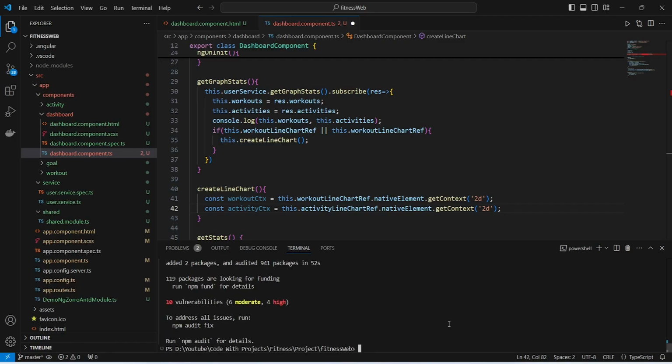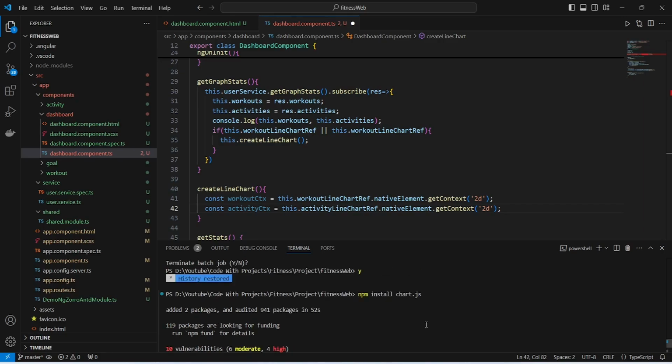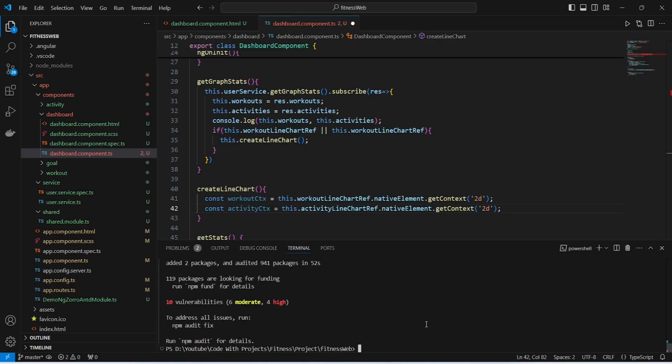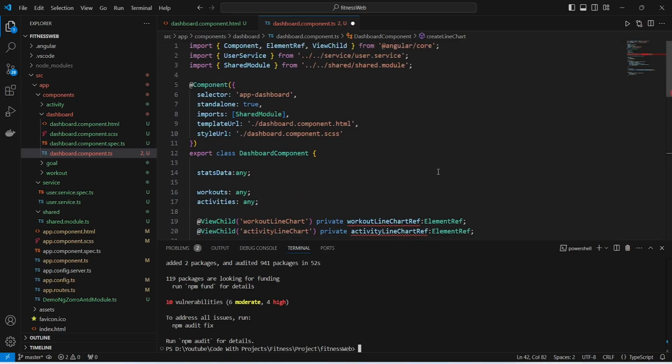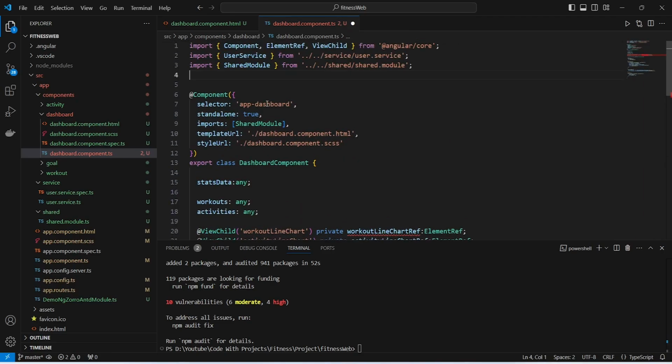And as you can see, our Chart.js library got installed successfully. And now we need to set this up, and to do this we will scroll to the top in the dashboard component, and here we need to write the import statement to import the chart from Chart.js. And to do this we will write import, and then we will mention chart from, and after this for the path we will write